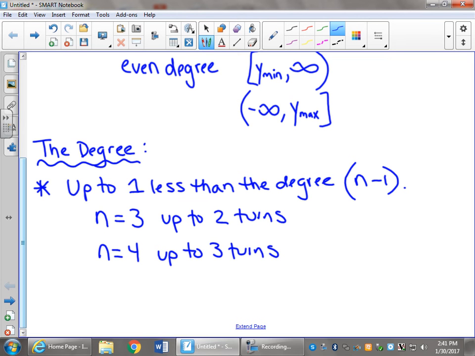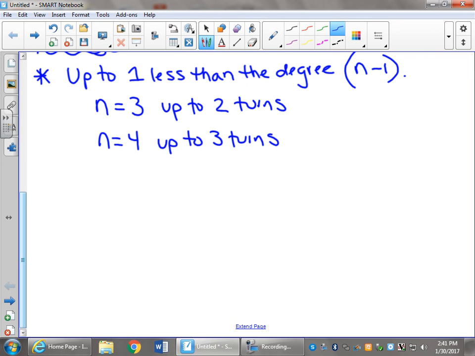Some quartics, however, will look like quadratics and will only turn once. So it really just depends on the specific one, but it can't turn more than one less than the degree. Now these turns, when it goes from increasing to decreasing or decreasing to increasing, are going to be referred to as either local minimums or local maximums. So turns are referred to